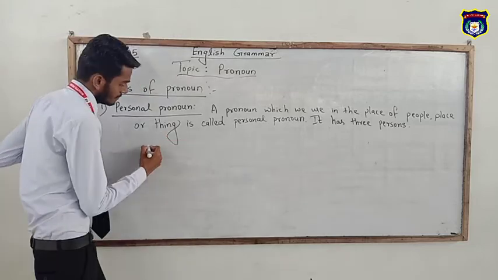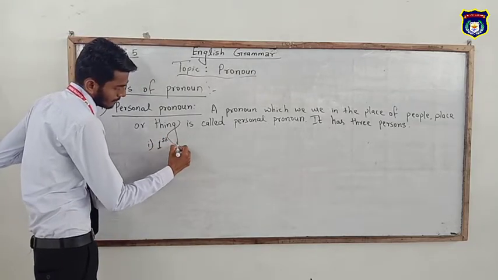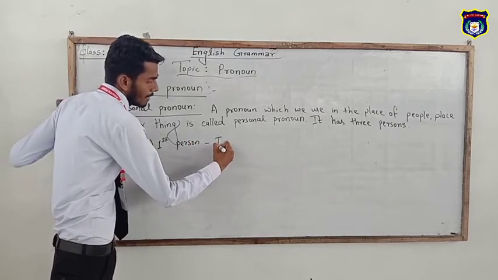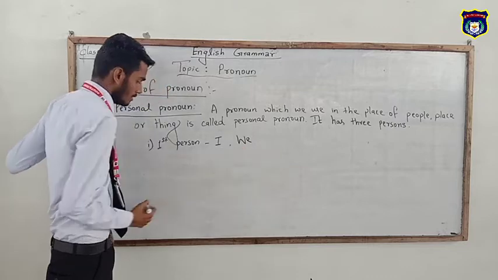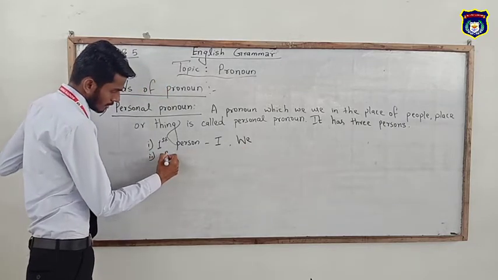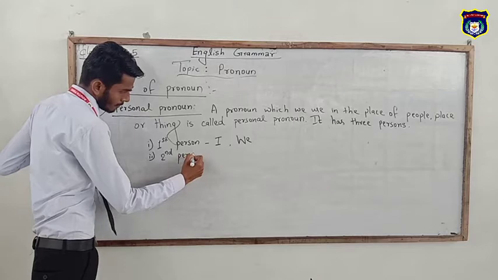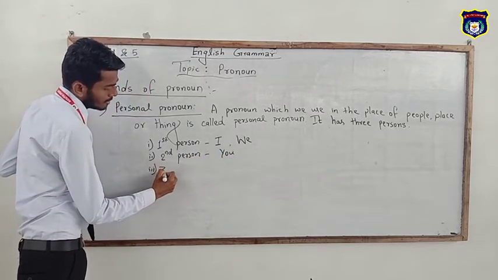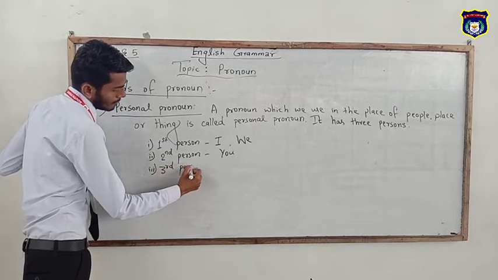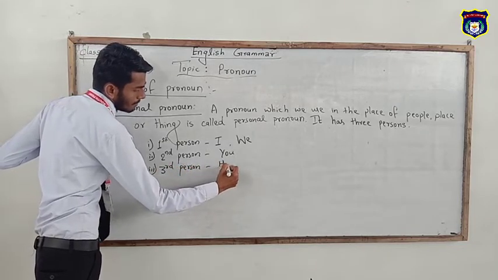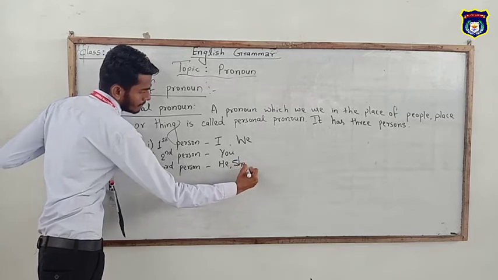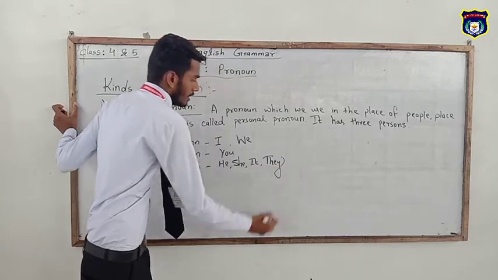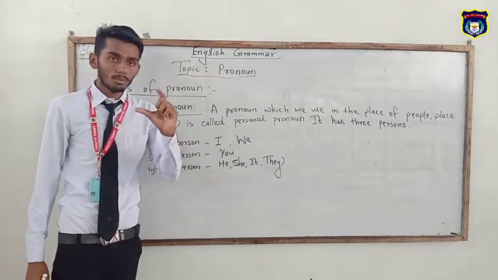Just like first person. First person comes with I and we. Second person comes with you, and third person takes he, she, it, they. And this personal pronoun is also divided into two groups according to